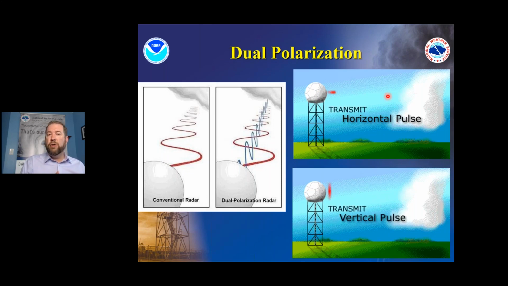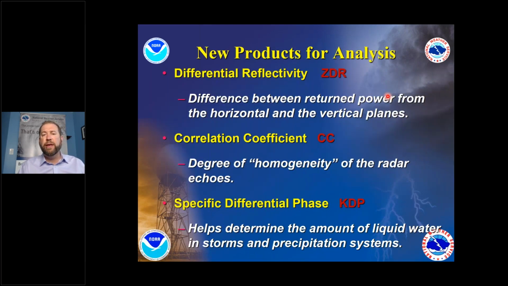Is it a hailstone? Is it a wet snowflake? Or especially in the wintertime, snow, sleet, wet snow, that type of thing was more easy to distinguish. And that helped a lot with our rainfall estimate as well, because we could see different things that would tell us, is it a big fat raindrop? Is it some drizzle drops? Those types of things. So we got a bunch of new products, things called differential reflectivity, correlation coefficient, specific differential